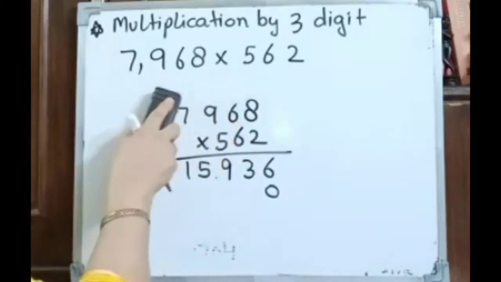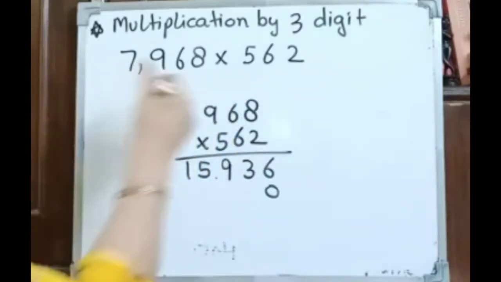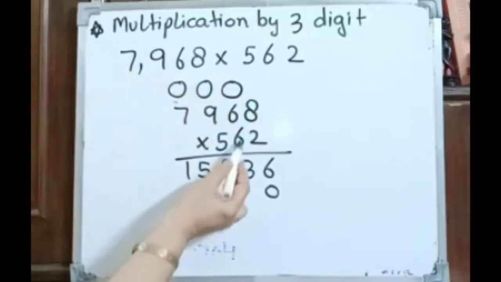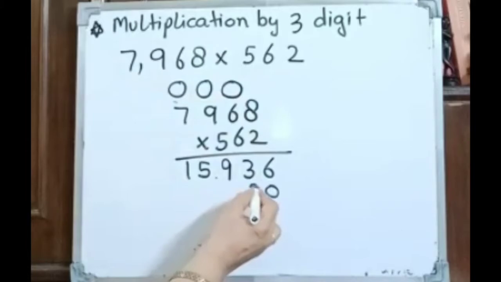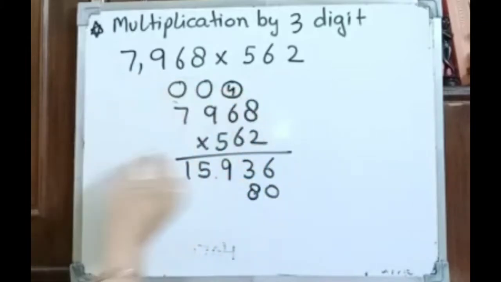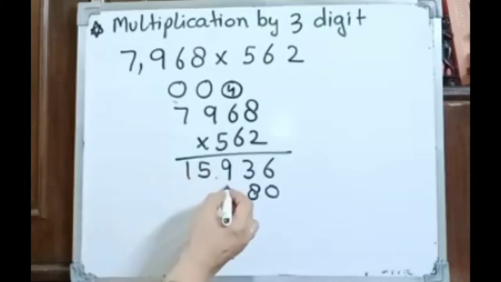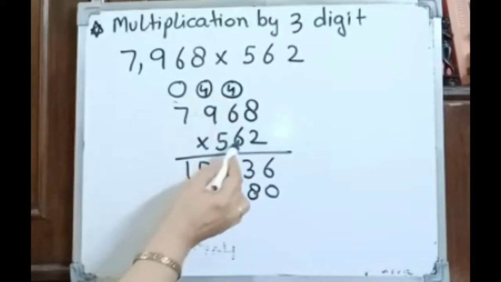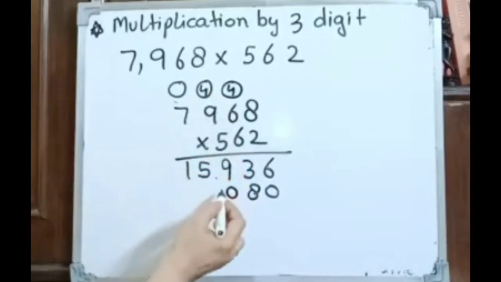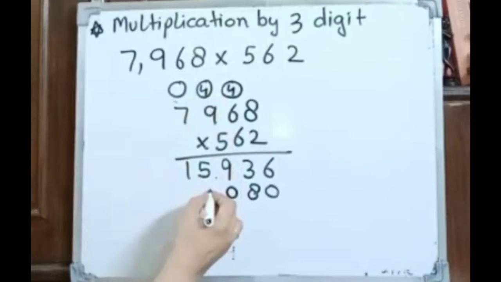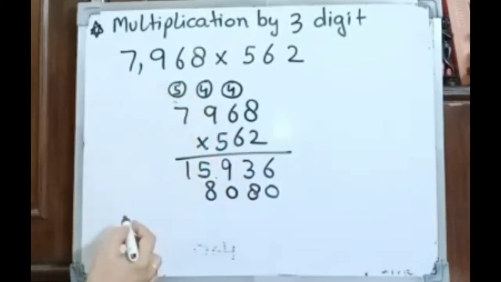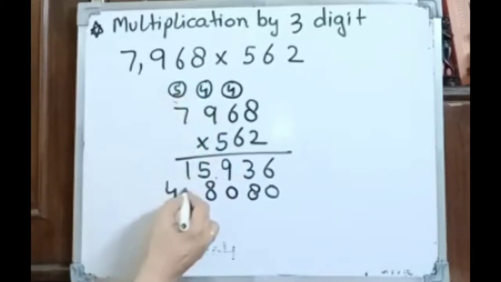So 6 8s are, now remove the numbers here. Remove them and then make 3 more circles here. We have to take care of the carryover digits. So 6 8s are 48. So what to do? 4. 6 6s are 36 and 4 is 40. So take it here, 4. 6 9s are 54 and 4 is 58. Keep it here 5. So 6 7s are 42 and 5 is 47.